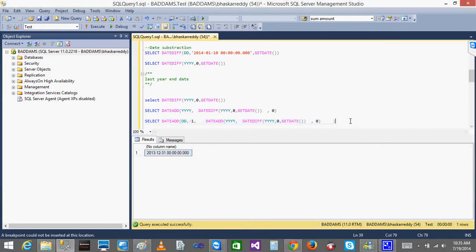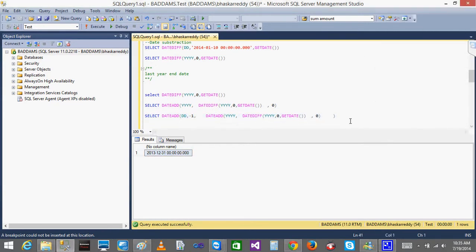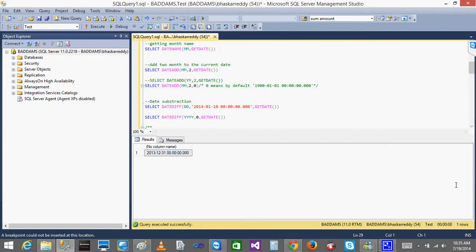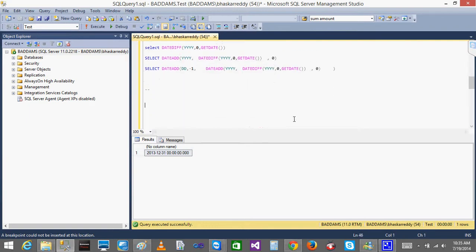It's good. So this is the way you are going to get the last month end date and last month start date. Okay. So now we are done. I'll just mail you all this. This is the kind of date function. So you can play with the date function. There are many things. The main things you need to remember in the date function are date part, which is used to get the date part, and date difference, which is used to subtract two dates.